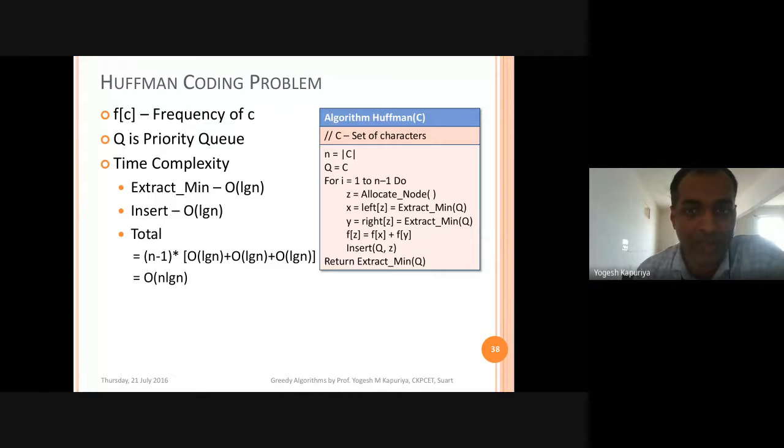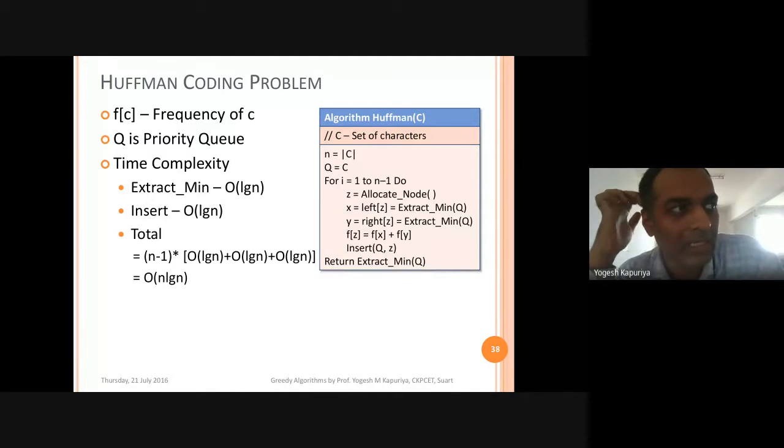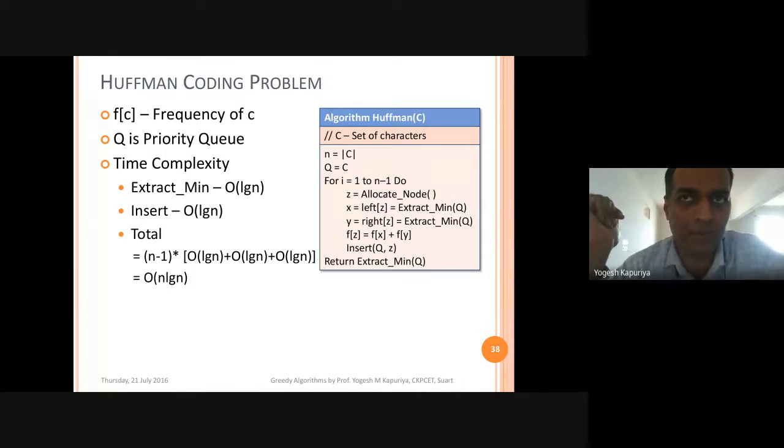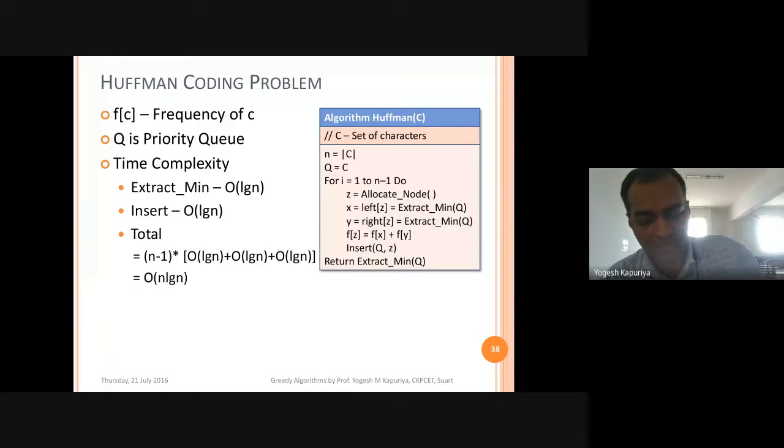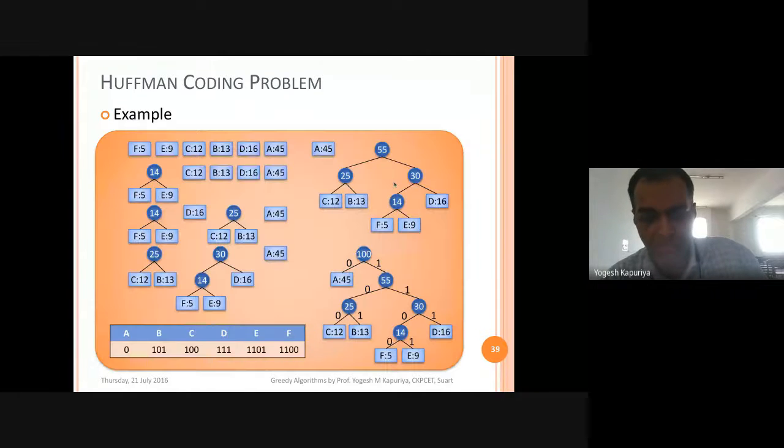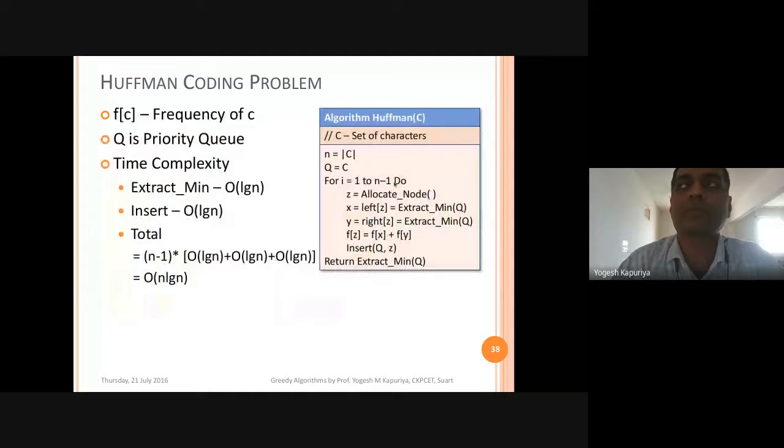Sometimes it is a min priority queue, sometimes a max priority queue. A min priority queue means that every time, the value removed is the lowest value inside the entire queue. Similarly, a max priority queue always extracts the highest value available in the queue. Because this algorithm demands extracting the minimum value, we need to use a priority queue as the data structure.